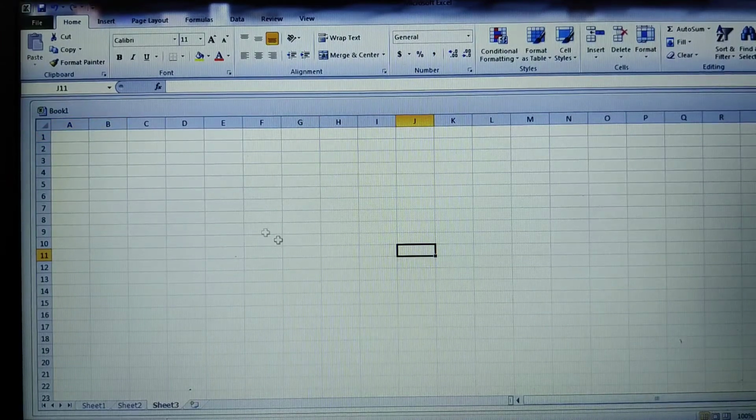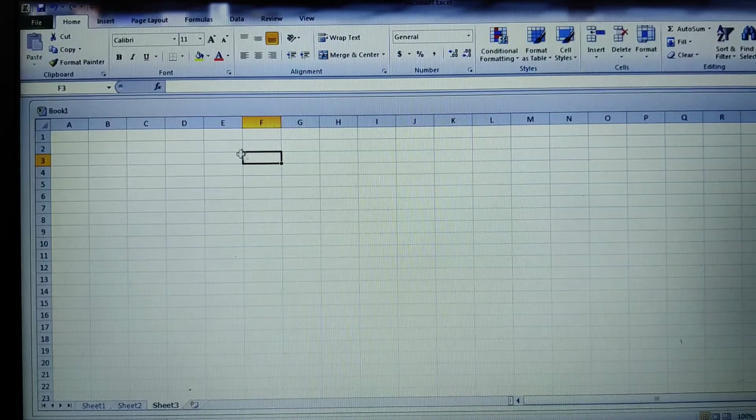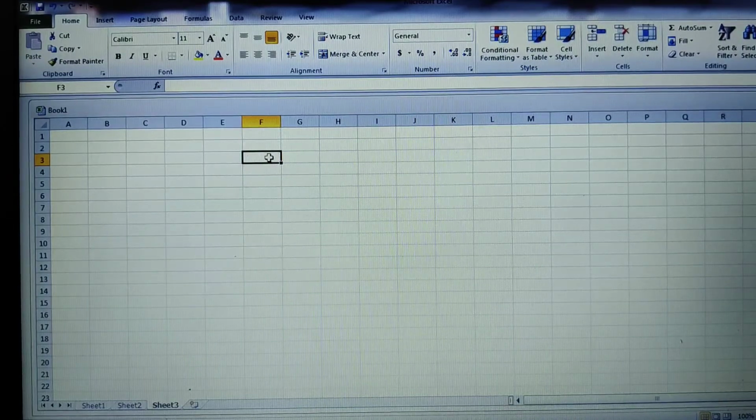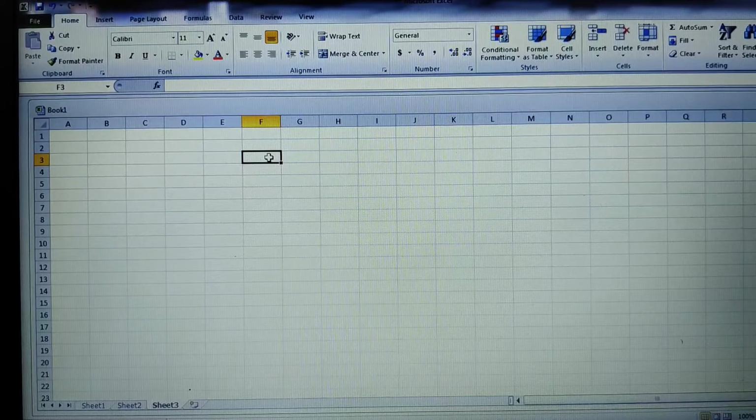Then how do we identify a cell? Whenever we place the cursor onto any cell, we call this cell the active cell. Each cell is identified by its address, known as the cell address, where the cell address is a combination of both alphabets and numbers. When you place the cursor at this location, the cell address is identified by the combination of the column alphabet and the row number.